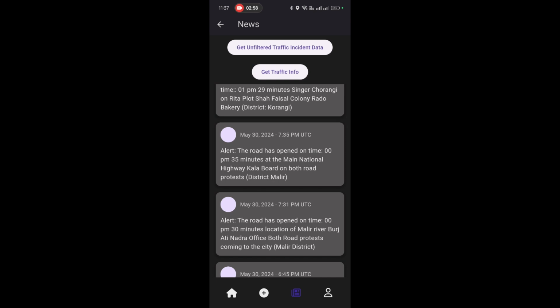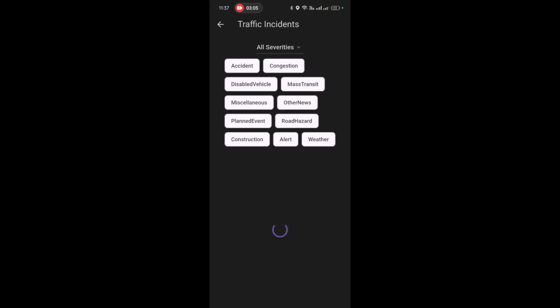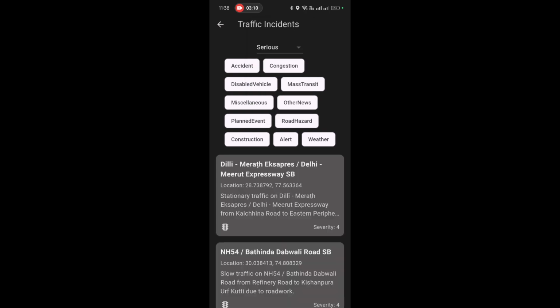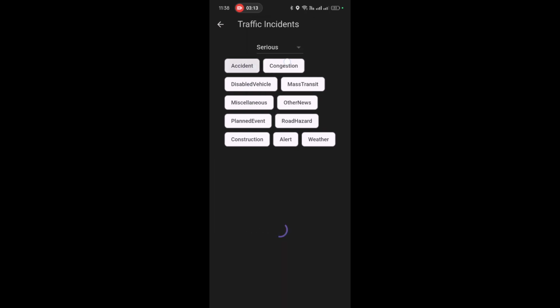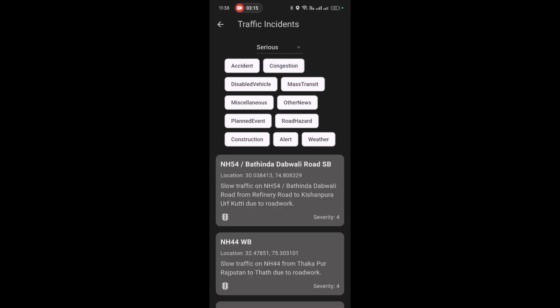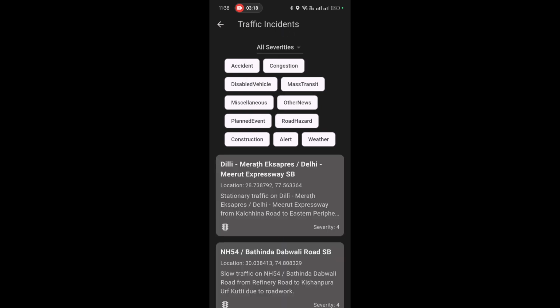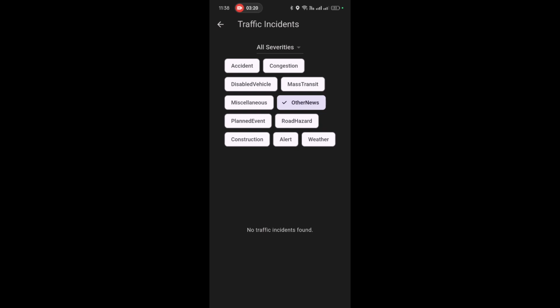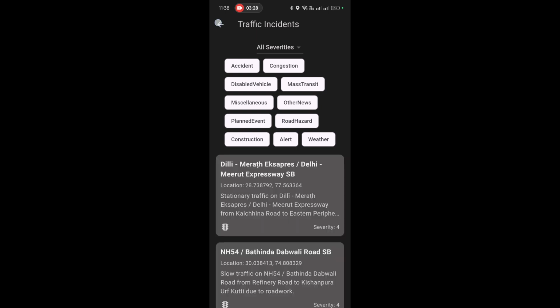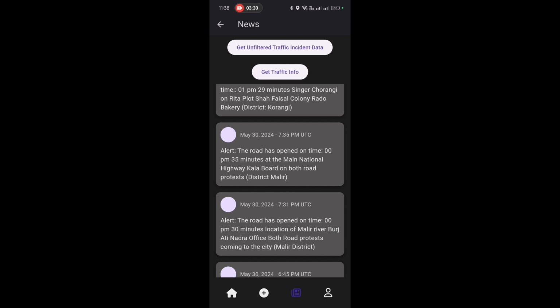So basically it's going to give you summarized news updates, and you can apply some filters here too, where you can get severities, moderate, or serious news, if there's an accident or congestion. So you can get news filters. We have applied all the filters on the news we are getting from the news channels. These are regarding all the traffic incidents, etc. And you can get it for specific traffic too.